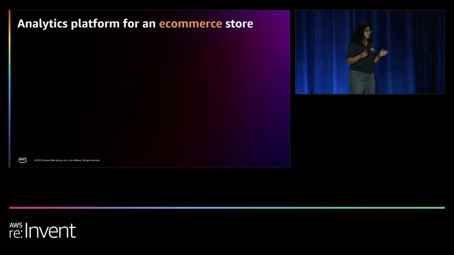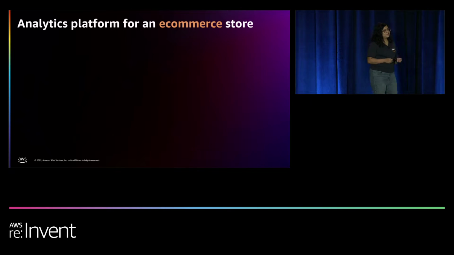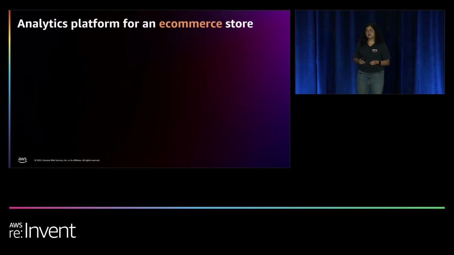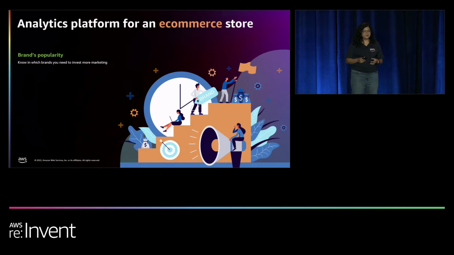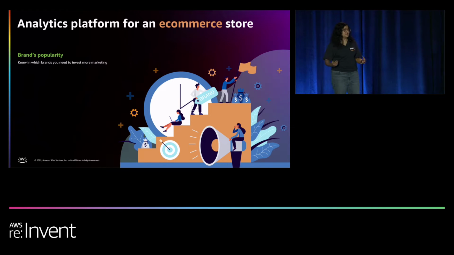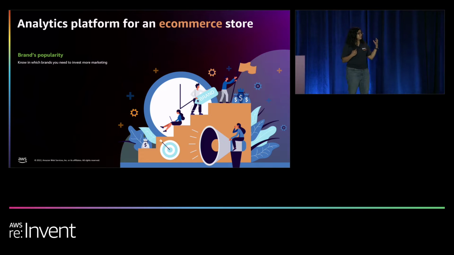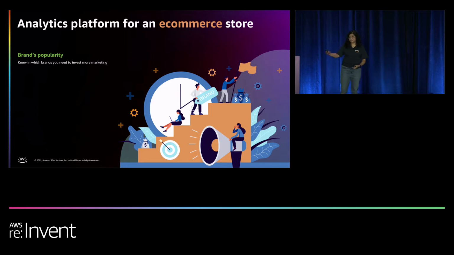So let's look at some of the common use cases that will apply to the majority of e-commerce businesses out there. The first is about brands' popularity. As the e-commerce platform, we might want to know which are the most popular brands in the different categories that we are selling. Like, we want to know what are the best brands for mobile phones, for furniture, for laptops that you're selling on the platform. This will help us understand and prioritize where we should invest, and what more we should do for marketing these products better.